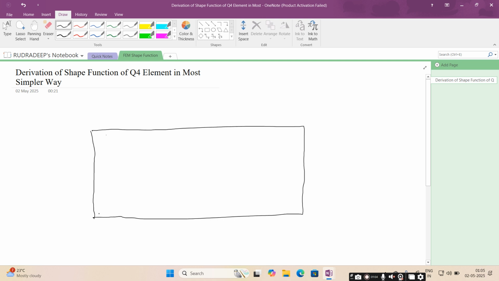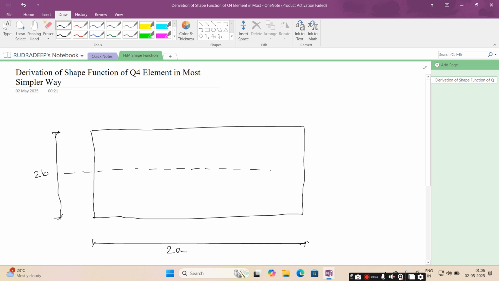So this quadrilateral has the length of 2a and height 2b. For the ease of calculation, we'll take the center node at the center of the quadrilateral. So this is the origin,